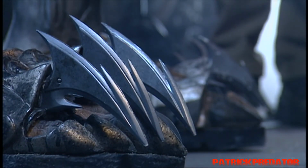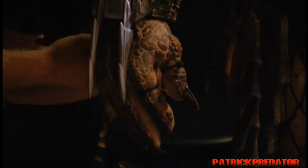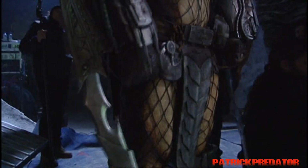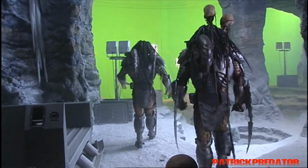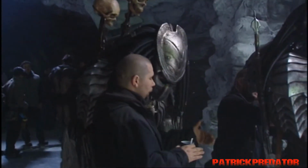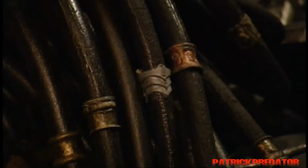And those are built in such a way they've all got the same Predator motif. The wicked-looking blades and the interesting shapes and designs. He's still got the signature dual blades that come out of his wrist. But there's other Predators as well, so some of them have different weaponry. There's one that has these big, long sidearm cutting blades. There's one Predator that has these ceremonial spears on the back of his armor, and he's also got two skulls mounted to it because the Predators also...